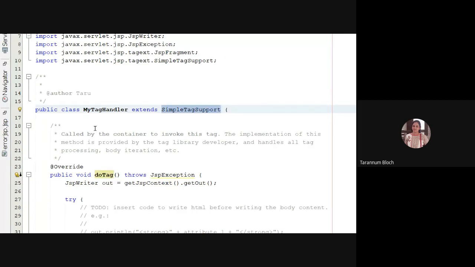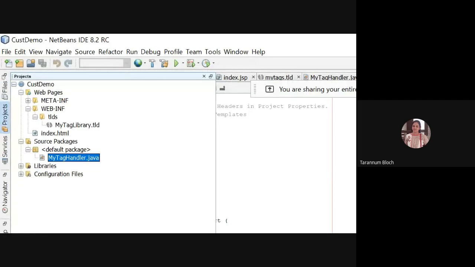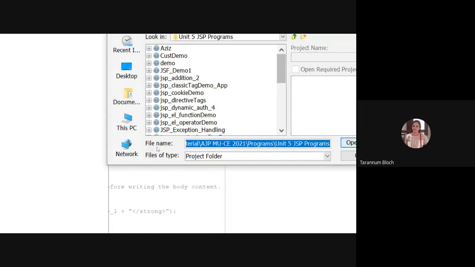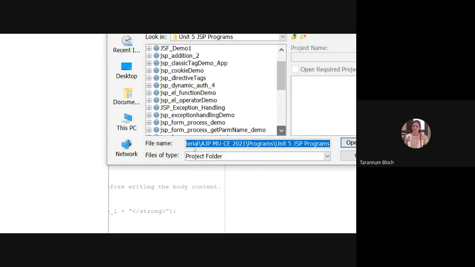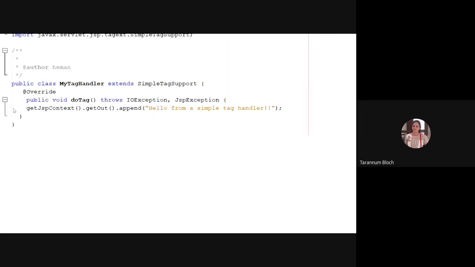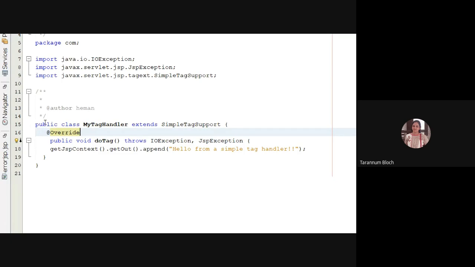So the SimpleTagSupport and BodyTagSupport classes have one built-in method which is known as doTag. The signature is public void doTag() throws JspException. What you have to do is you have to override it. Right? And with the help of JspWriter, you can write, or you can append new content in your tag handler class. So you can see here the outcome, or code. Can you see this? This is my tag handler.